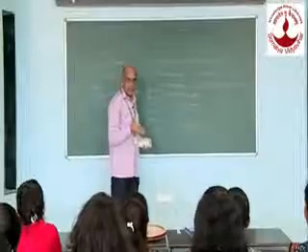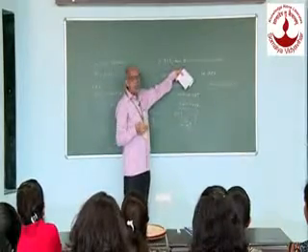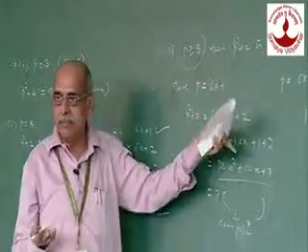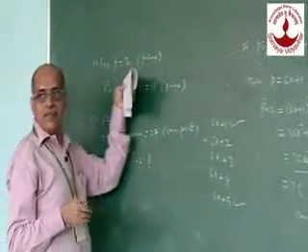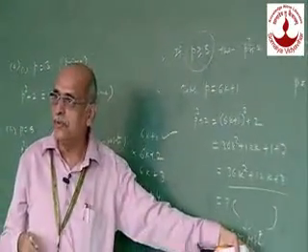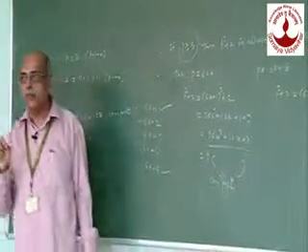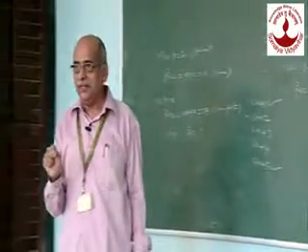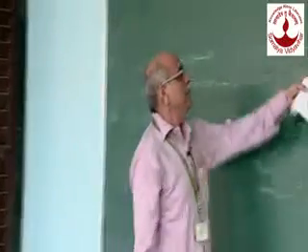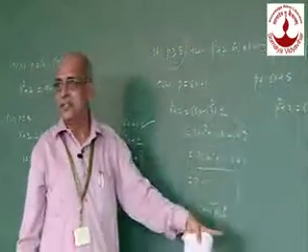Second speciality. You cannot take p equal to 2, because what will happen if you take p is equal to 2? 2 squared is 4, 4 plus 2 is 6, which is a composite number. But p is equal to 3 is a prime number, and for greater primes, p squared plus 2 turns out to be a composite number. And therefore, p is equal to 3 is the only prime for which p squared plus 2 is prime.